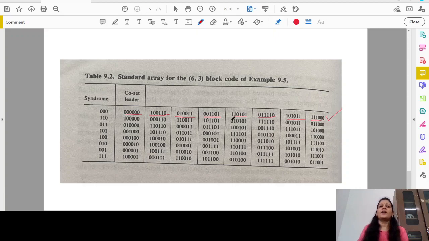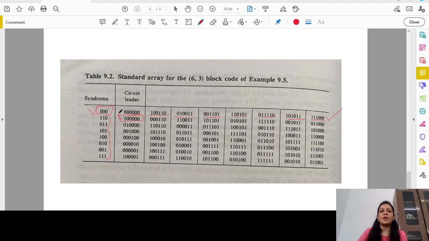Since I know that all the first row elements are the valid code words without any errors, I can easily say that their syndrome would be equal to 0 because they do not contain any errors. The remaining vectors are obtained by adding the error patterns, therefore their syndrome value would be non-zero. Now let me consider one of the error patterns. This error pattern is not a valid code word, so I am free to choose it.